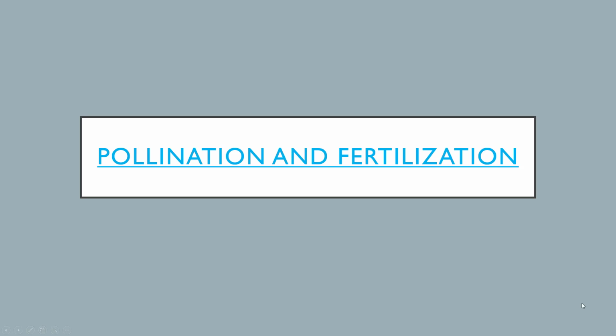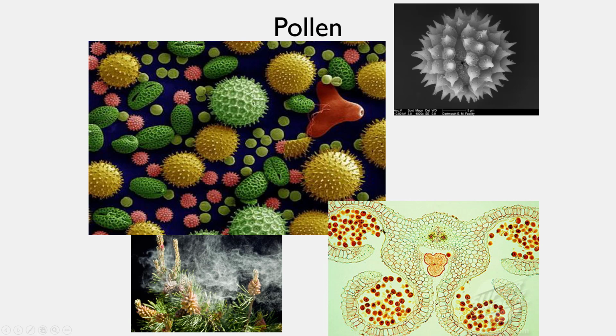So next with flowers, we're going to talk about pollination and fertilization. Pollen comes in all shapes and sizes, and on the bottom right corner here, that's kind of an inside of a pollen grain. And that bottom left corner, I know many people have seen, this is pollen from a conifer. I'm very lucky to not be allergic, so hopefully nobody out there is allergic.